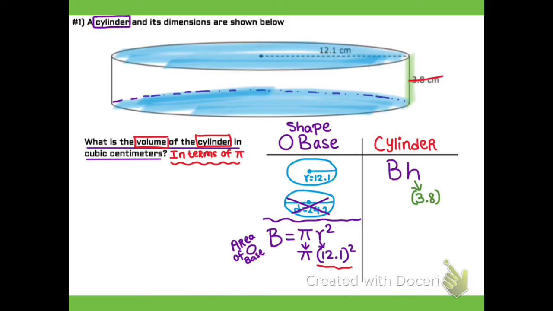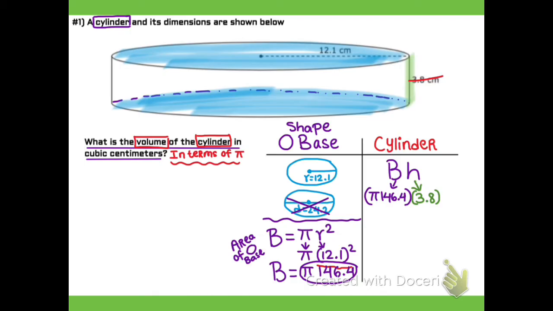So go ahead and do that. Yeah, it should give you 146.4, but notice how I just dropped down that pi, and that area of our circular base is in terms of pi. And when we plug that area, which is in terms of pi, into the capital B in our formula, just like that,